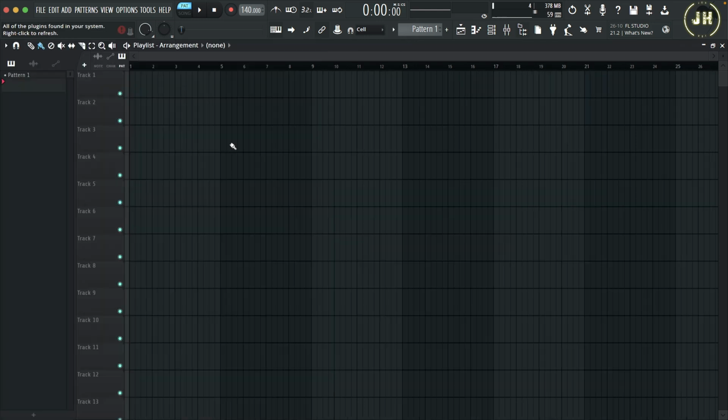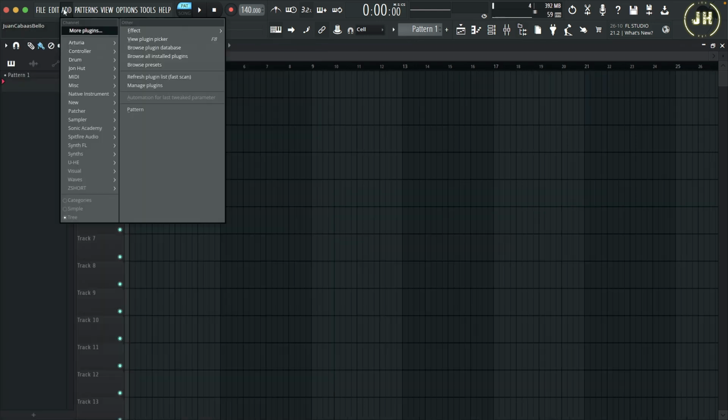So if I close the browser and then I go to the Add tab, if you don't add the plugin as a favorite, this plugin will not appear on this list. Now, there is different ways to have a quick access to your plugins. So you can go to the Add tab on the top menu, and in here you can add generators or